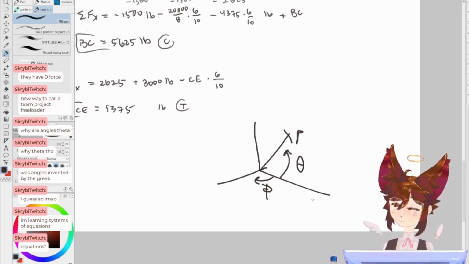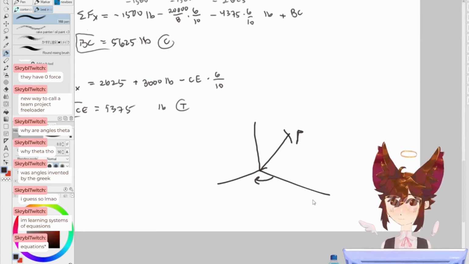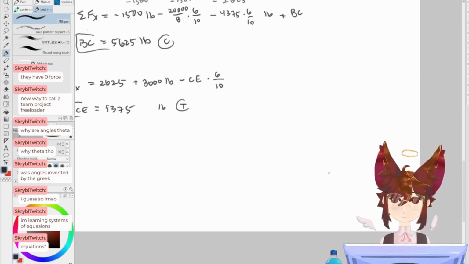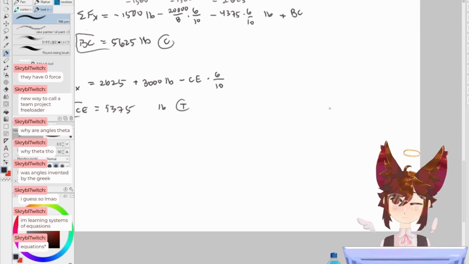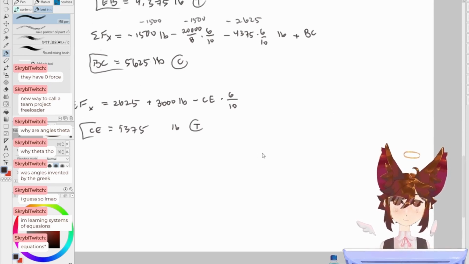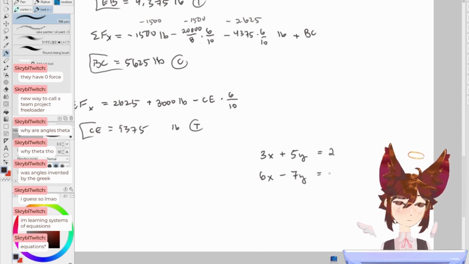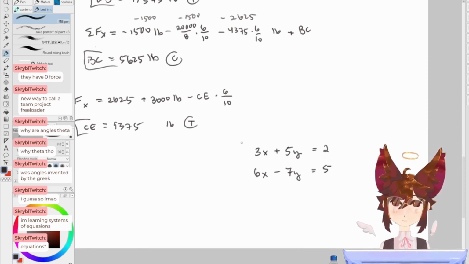You're learning systems of equations? Oh, that's so exciting. That's the first step in linear algebra. Here, if you want to learn the matrix way of doing them and get your teacher really confused as to why you know this, say you have 3x plus 5y and 6x plus minus 7y, and they equal a number, let's say 2. This might not be possible to solve.